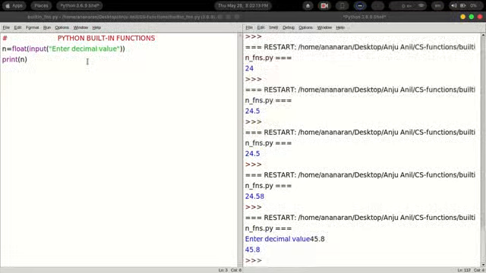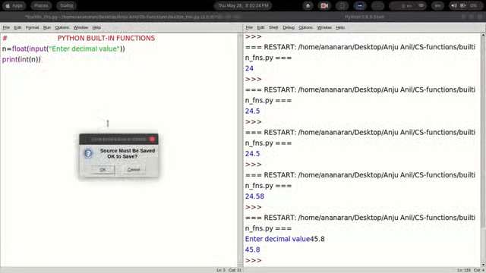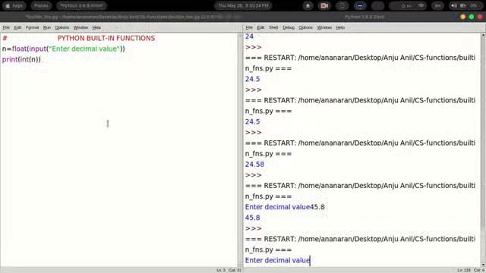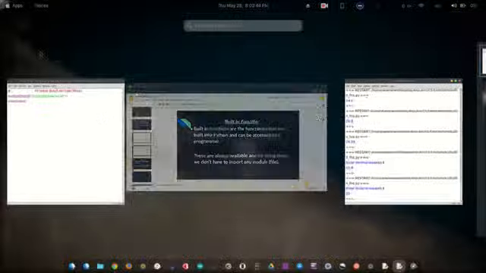Now, similarly, if I write here print int of n, what do you think it will do? Again, I am using the same value 45.8 and my answer is 45 itself. That means n has been converted to integer.